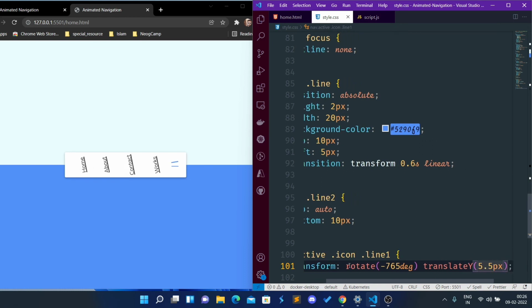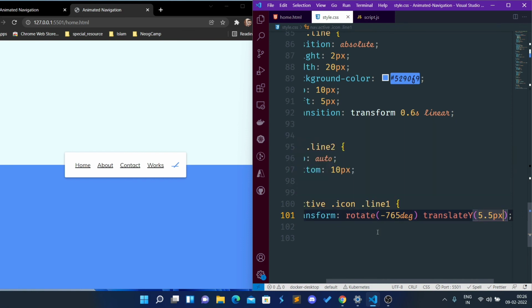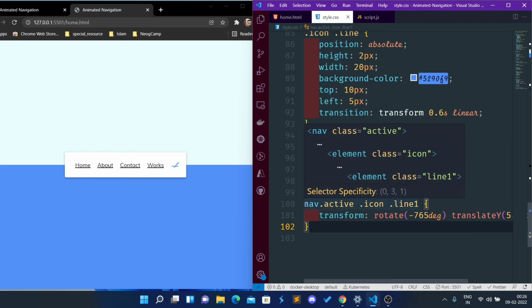Okay, so now if I save it, this line is rotated by 765 degrees in a negative direction. Also, I have translated it by 5.5 pixels in the y direction. Now just copy it,